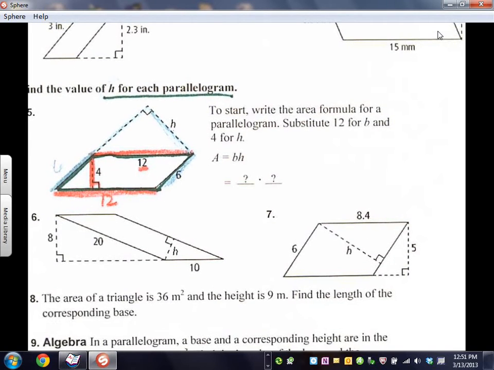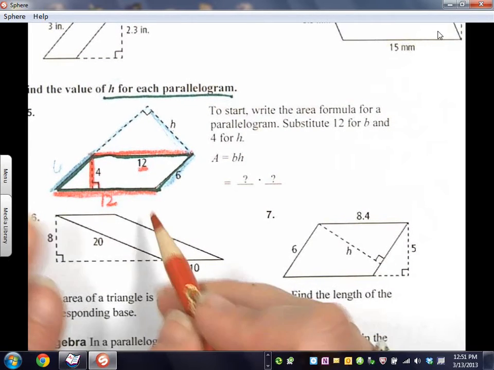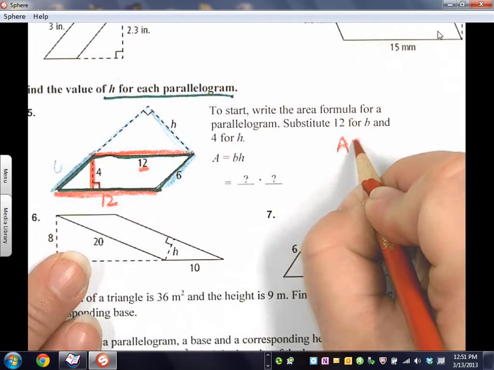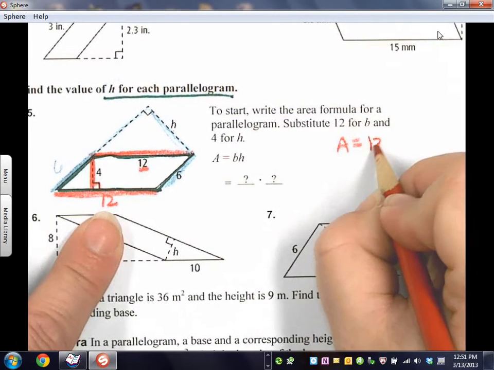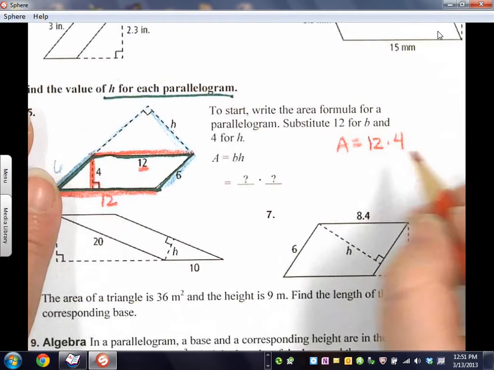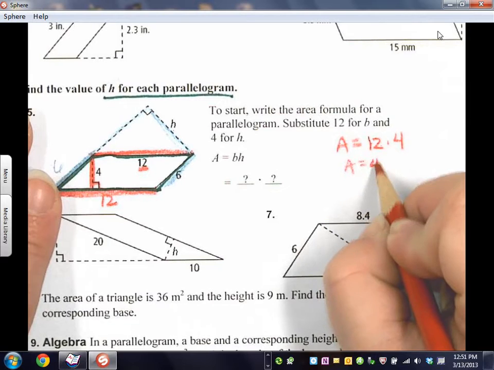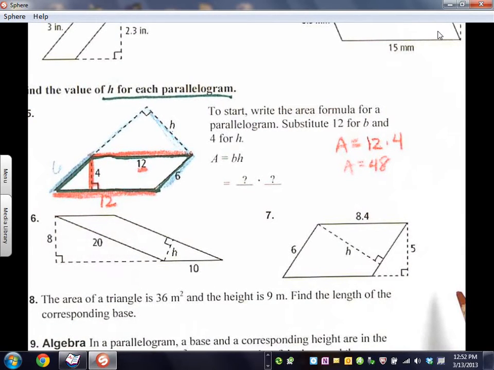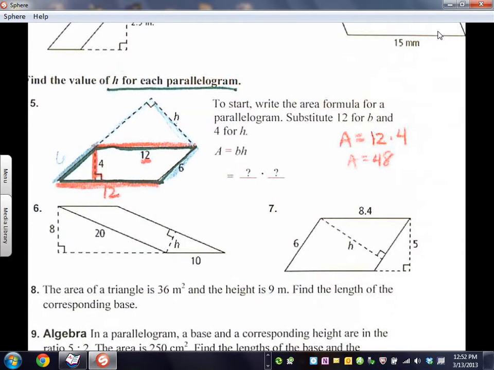Can I find the area now? Well, using my red information, I know the area is going to equal my base times my height. So 12 times 4 is 48. That's the area. The area is not going to change of this green parallelogram, so I can use that information